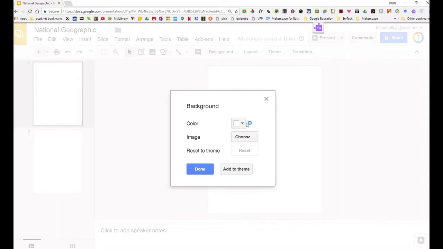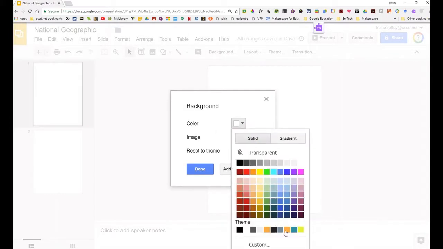I'm going to change that background and you can see I want to choose a color. Now the thing is I can choose any of these standard colors that come with Google Slides or I can do a custom color. So we're going to take a little pause right here and I'm going to be showing you